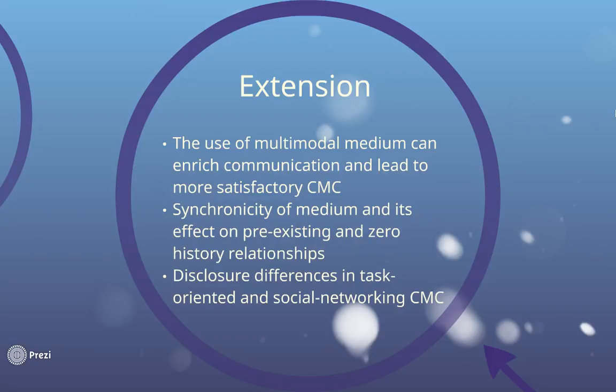The third structure in this extension of CMC theory addresses how self-disclosure varies between task and relational-oriented interactions. Prior research examined differences in disclosure levels between CMC and FTF and between different mediums of CMC, but did not address how disclosure levels vary based on the purpose of the interaction. This added structure is also related to the growing number of social networkers engaging in CMC. In a contemporary context, self-disclosure levels ought to be greater in relation-oriented interactions than in task-oriented interactions.